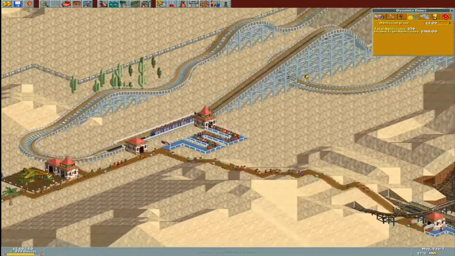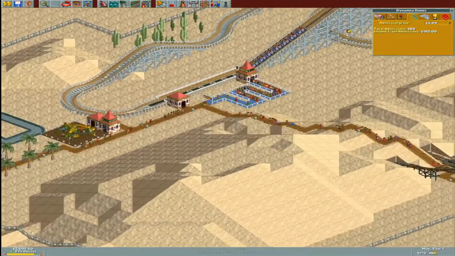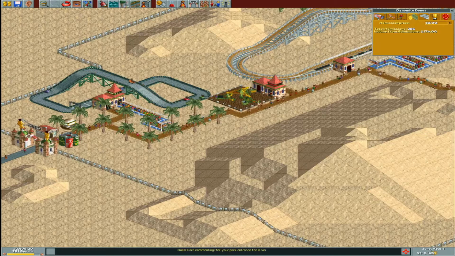So, I think that's a pretty good place to put in a cut, seeing as how our roller coaster is broken down. So, haven't gotten very far yet. It's only May of year 1. It's gonna be a little while. But we definitely have time. Plenty of time to grow, make money. This time I'd like to...